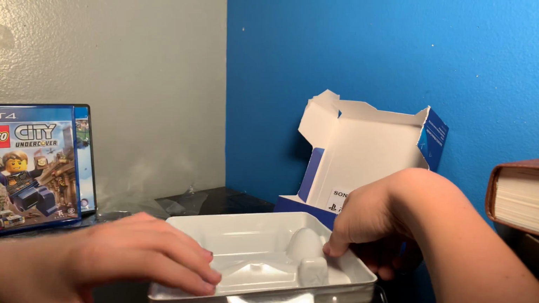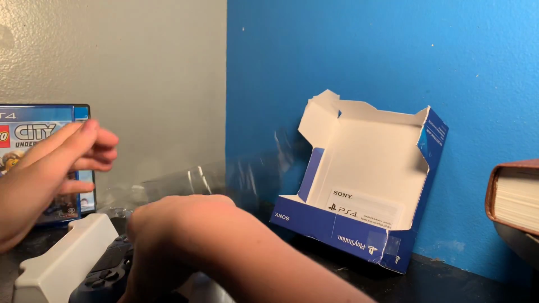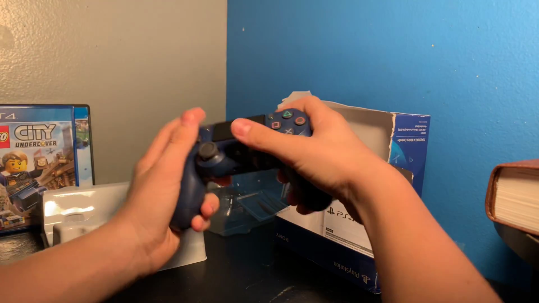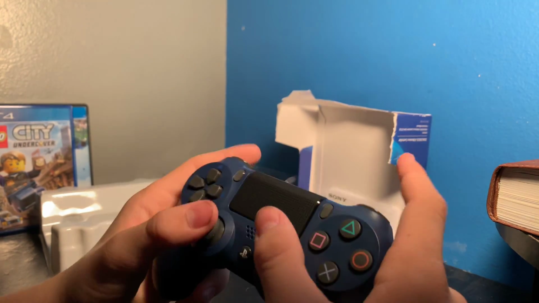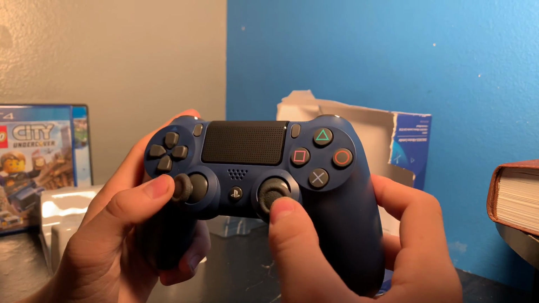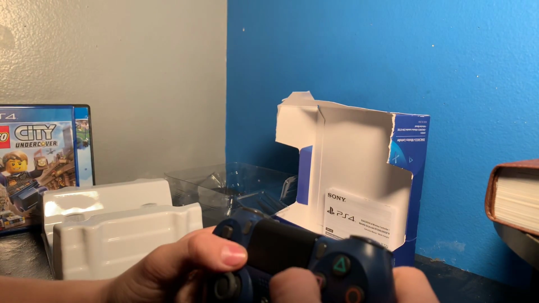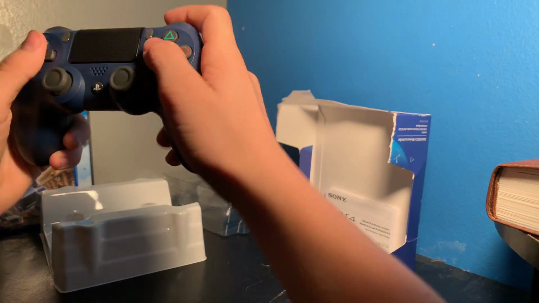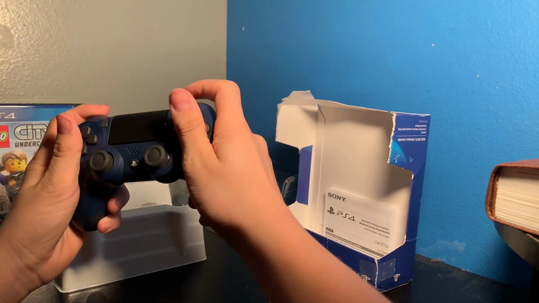DualShock 4 wireless controller. And here's the controller. Ooh, this is heavier than the one that came out of the box. So, you can obviously tell this is more blue. And these little hand joysticks, they feel like they're made out of something else. And we got the little touchpad right here. And the buttons are really good. I like the triggers and the